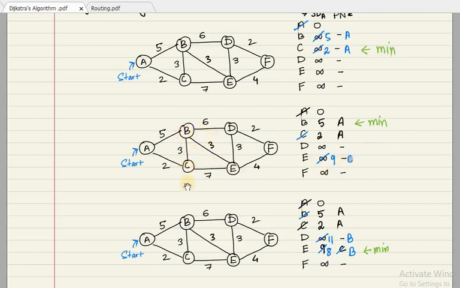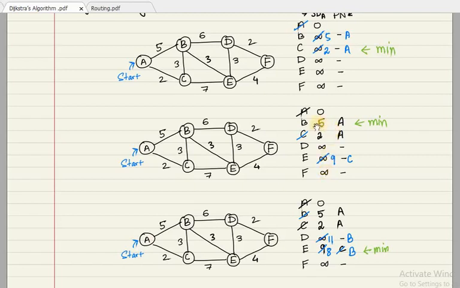So the two nodes have been updated. The two links were C and B and C and E. If you remember, A and C is not required because A is already visited. So now when we concentrated on C, B and C, E, we have updated the values. We have found a cost and also the previous nodes of it. Okay, so now this particular computation is done. So as you remember, whenever we complete the computation, we have to find the minimum value among all the costs we have. A and C has already been computed, so we don't need to concentrate on that. Let us talk about those which are not computed yet, which is 5, infinity, 9 and infinity. So we have to find the minimum among them.